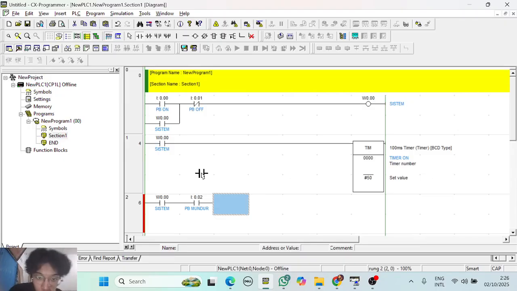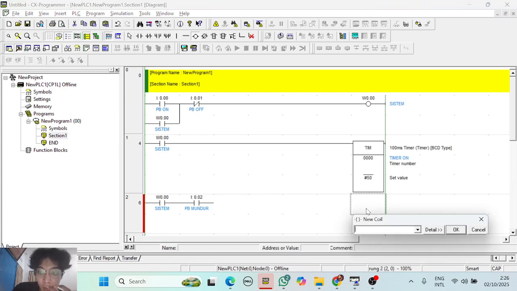Okay, push button countdown. After push button countdown, we add a new output, with address 001.